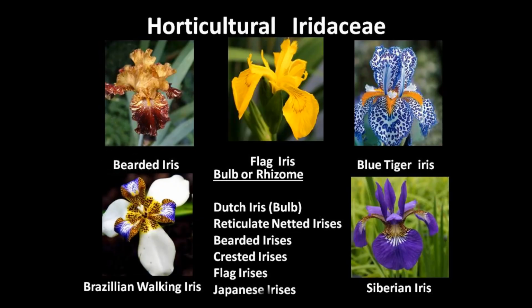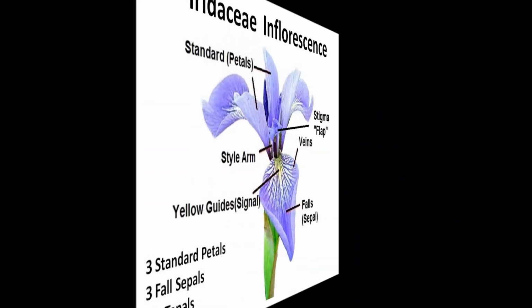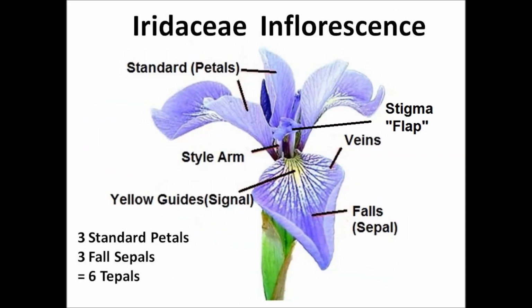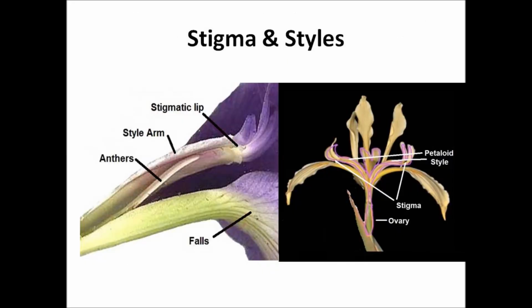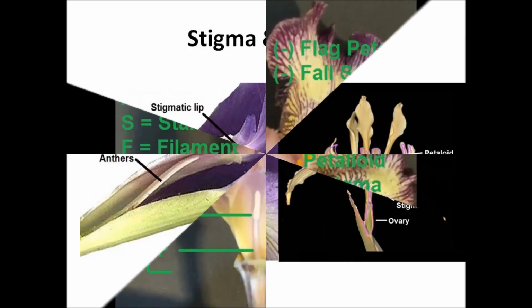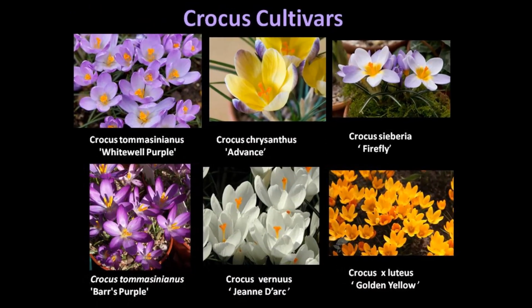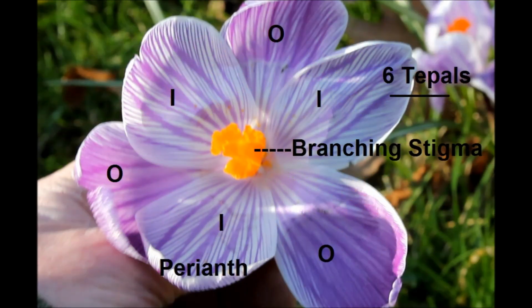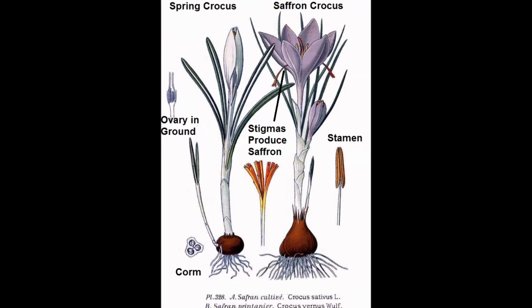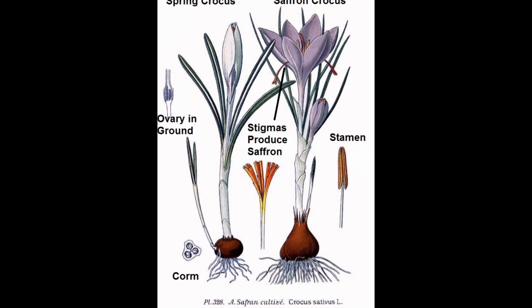The floristic form of the traditional iris consists of 3 standard petals and 3 fall petals with a modified petaloid stigma and style which branches into 3 on the perianth. As can be seen from the inset diagram, the ovary is inferior, that is to say, it is beneath the perianth flower part. Likewise, in the crocus, the ovary is inferior to the flower parts, and in fact so much so, the extended perianth tube extends downward into the ground where the ovary is located, benefiting from the warmer subterranean